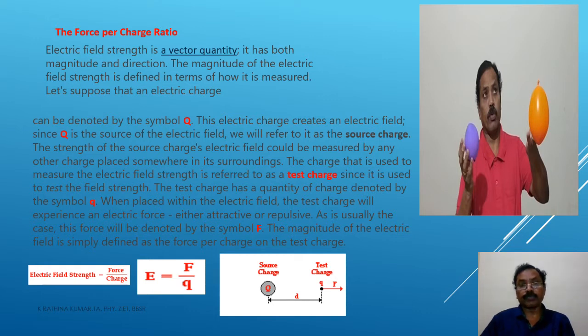So according to this, the electric field strength is the force experienced by the unit test charge. Mathematically, capital E is equal to F by Q, where E is the electric field and force is the gravitational force between the two balloons in this case. The diagram also mentions the source charge as a little greater than the test charge. But if the test charge is brought from infinity to a particular point D, how will the equation change? Let's see the next one.